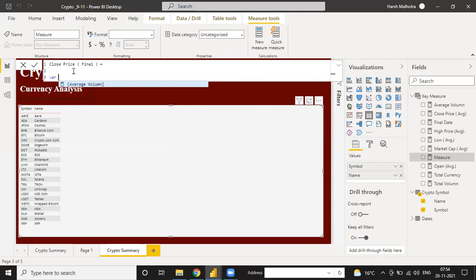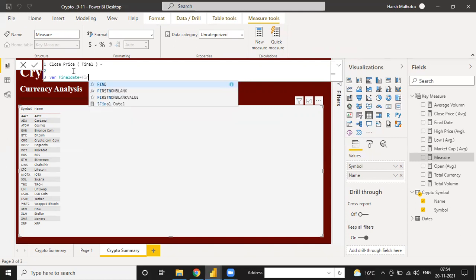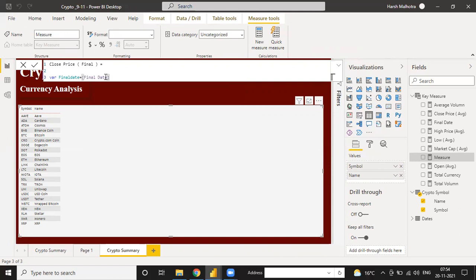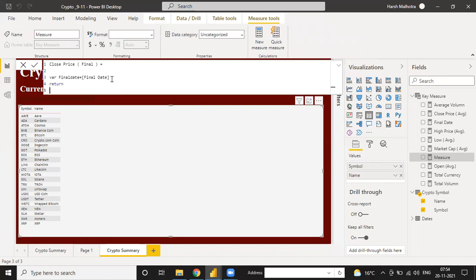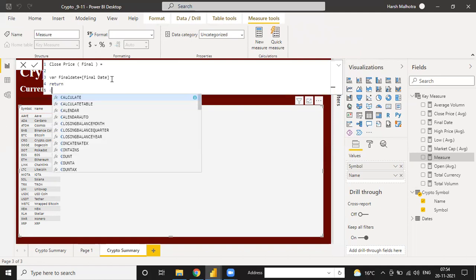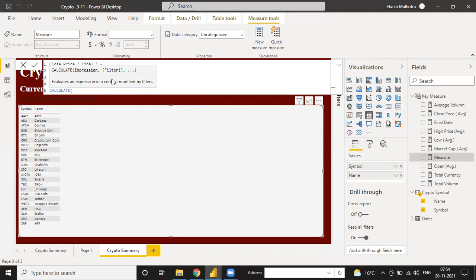So now we have to create one variable. Variable final date is equal to, okay, final date is equal to this measure. This is the variable we are using, and now we need return, and for the return value we are using CALCULATE.